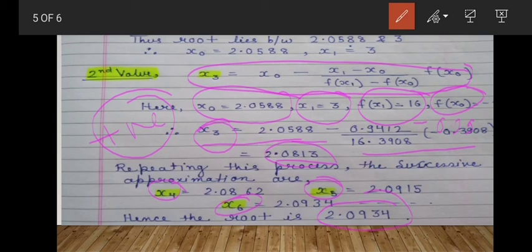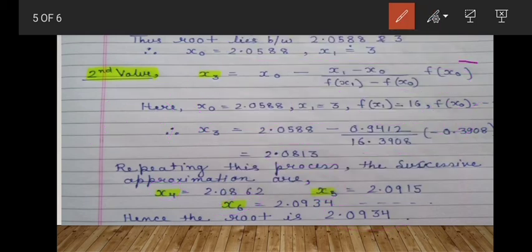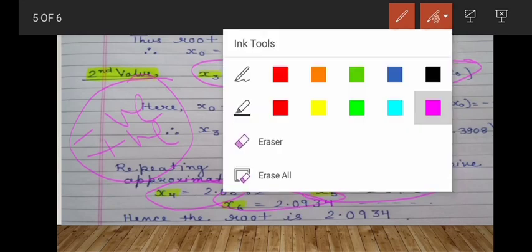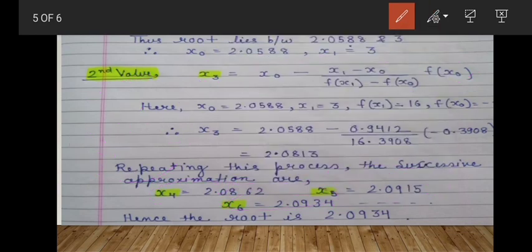The most important thing is that you have to learn this formula. This is the important formula. With the help of this you have to find one positive and one negative value, and according to that you have to move further. I am not showing you all the calculation for x4 and x5. You can do it on your own also. You only have to remember your formulas. If the formula is right, then you can do the whole calculation properly. So this is all about the regula falsi method.